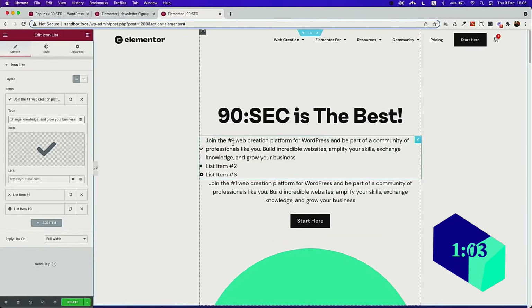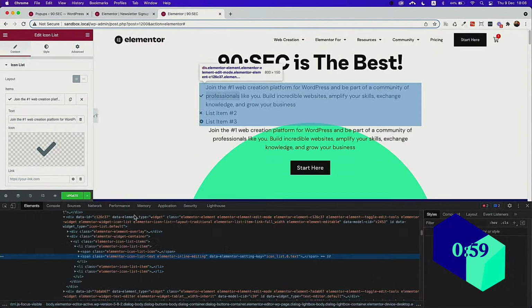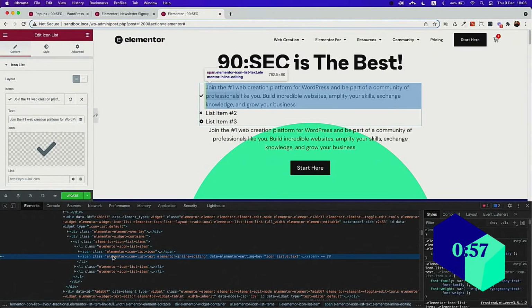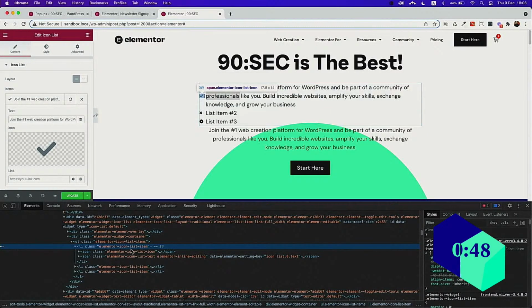So we can zoom in. The quickest way to do this is to right-click and go to inspect. In the inspect panel, I now see the entire list row. I have a list icon item, which contains the list item icon and the text. So if I select the list icon item